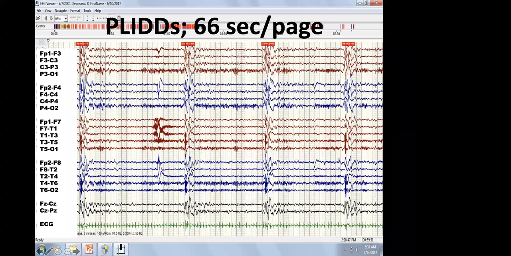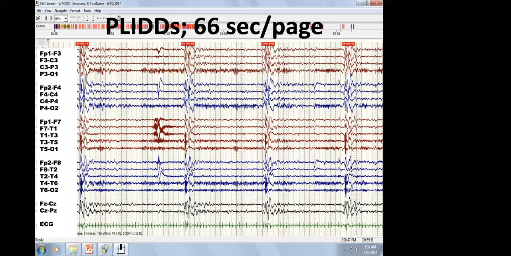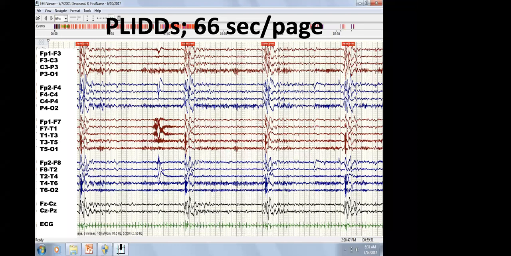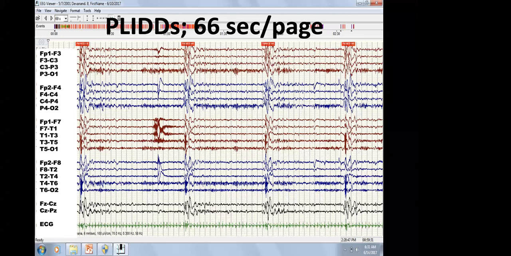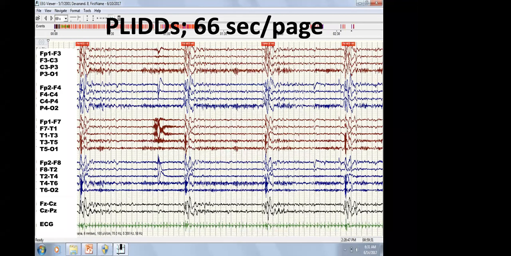Any discharge that you think is happening randomly, you have to check whether it's actually periodic and long interval. You have to compress the EEG and see whether there is a periodicity to it. If it was occurring randomly, then the interval between these would be very variable. Here you can see that the interval is fairly fixed. It's about, let me count, 1, 2, 3, 4, 5, 6, 7, 8, 9, 10, 11, 12, 13, 14. Every 15 seconds, we are generating a discharge.